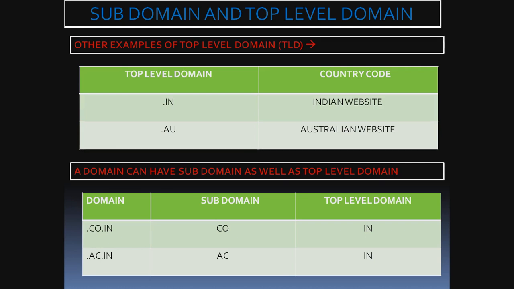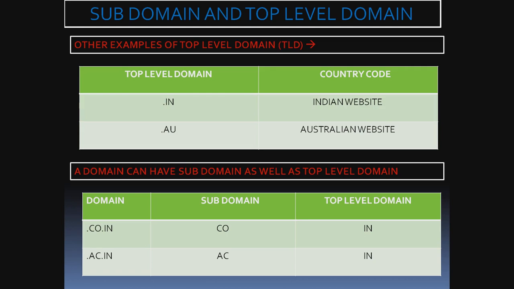Now here maybe there is something called IGNOU, www.ignou.ac.in. Students, it is the website of Indira Gandhi National Open University. So here AC means academic and .in means India. AC is the subdomain and the top level domain is India. So a given web address can have two given parts of its domain, that is subdomain and top level domain in its naming system. Subdomain here, as we saw, is AC, and top level domain is IN.